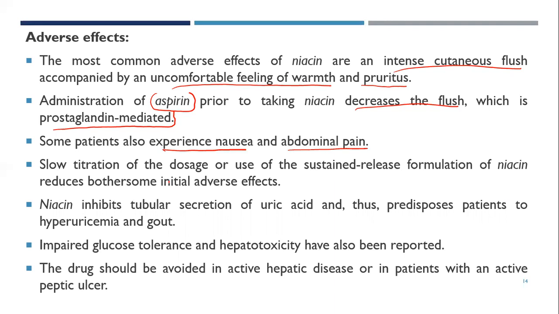Okay, so because of which the body gets adapted to the use of the niacin, and thus we can avoid the bothersome adverse effects which are associated with it. So niacin inhibits tubular secretion of uric acid and thus predisposes patients to hyperuricemia and gout. Okay, so what we have said is that niacin actually causes accumulation of uric acid in the body, and as